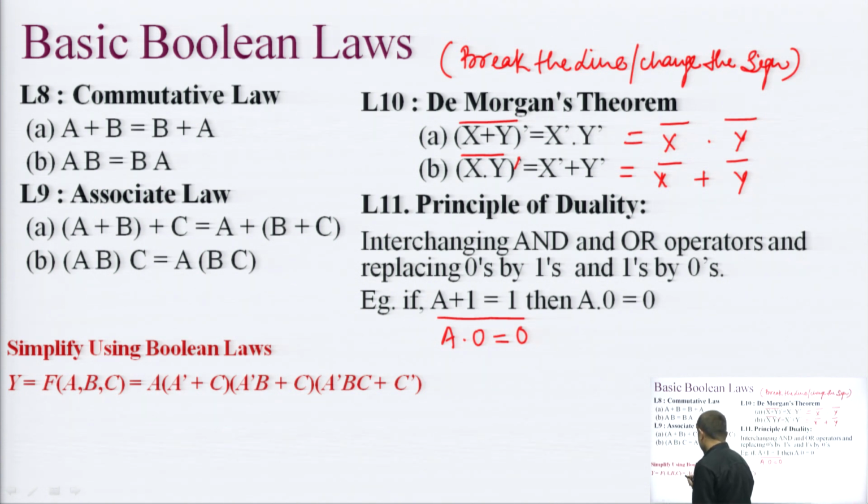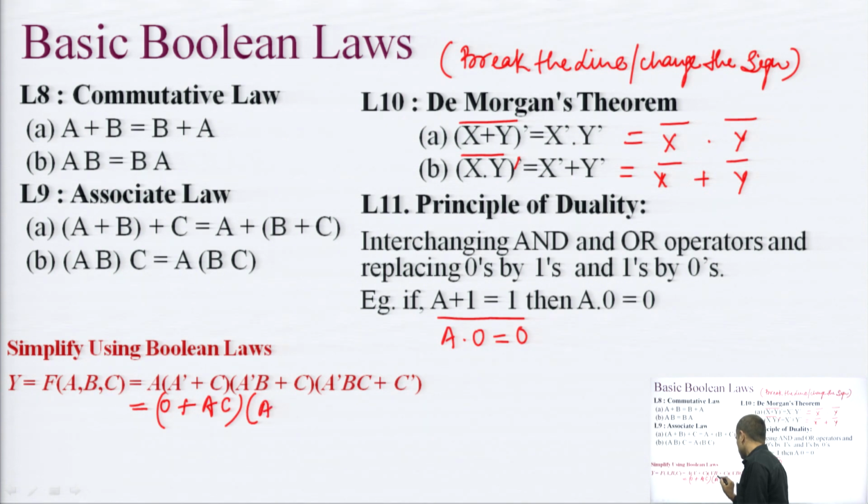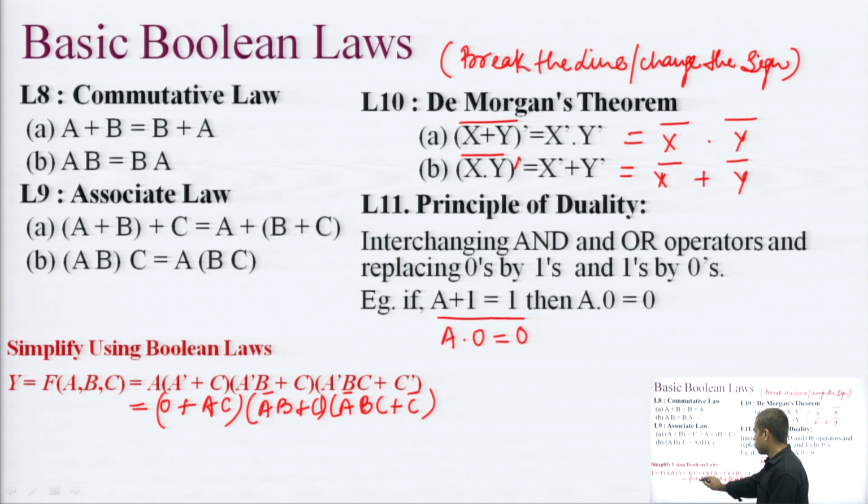As we can check that A into A bar will be equivalent to 0, A into C will be equivalent to AC, then A bar B plus C into A bar B C plus C bar. So, this thing remains AC. Now, if I multiply this AC by this variable, multiplying the first bracket with the second bracket. So, AC into A bar B bar. So, A into A bar will become 0. So, this thing becomes 0, AC into C will be AC,